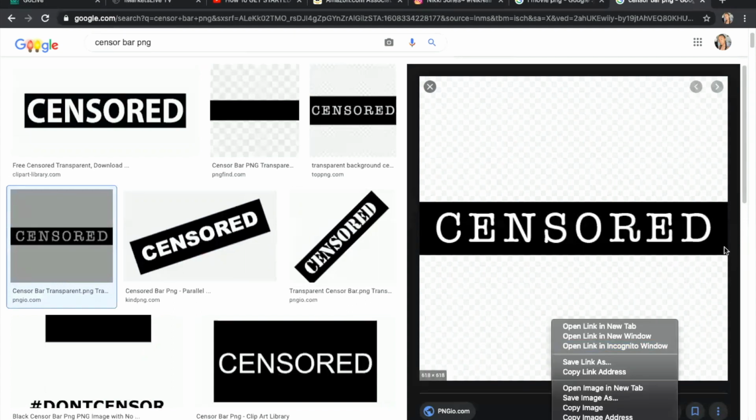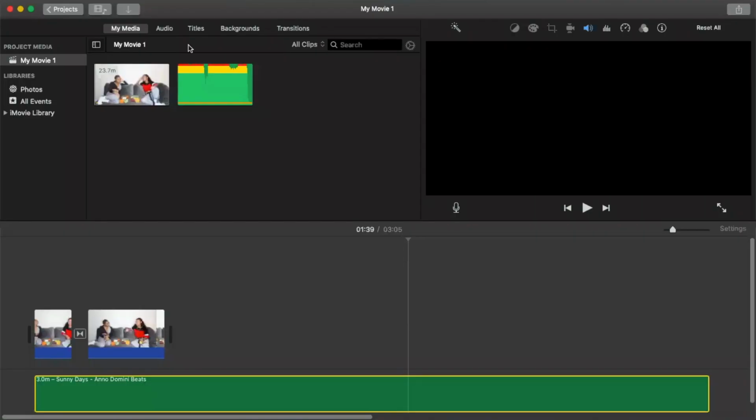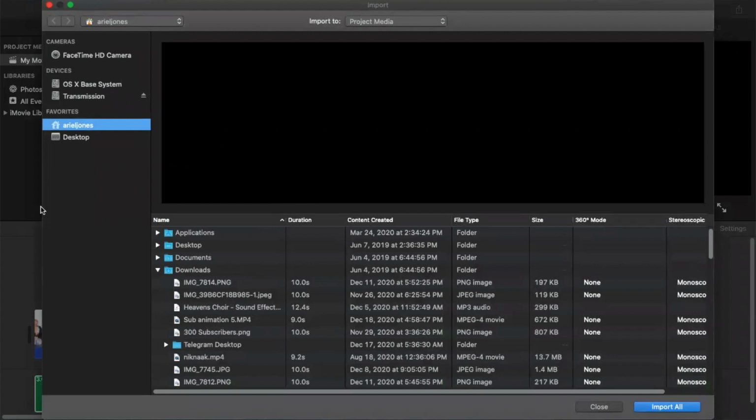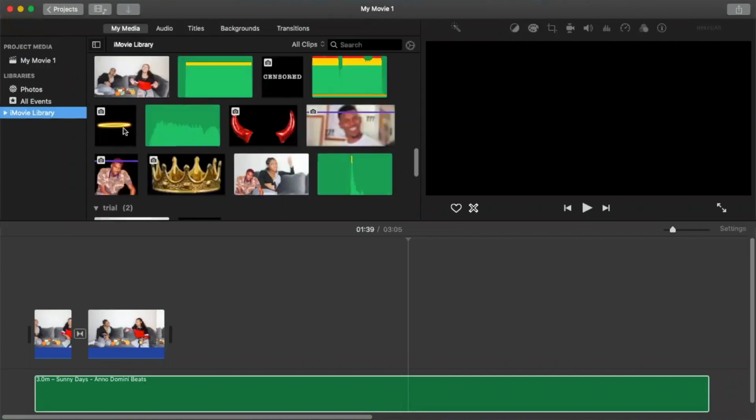From there, you're just going to right click, save image as, and it's going to download to your computer. Once you have it downloaded, we're going to go back to iMovie. You're going to click on media, and you're going to download that image. I already have some PNG images that I'm going to use, but once you have your PNG image, you're going to find it. I'll use this one just for an example. So I'm going to use this halo. It's a PNG image. And what I do is I'm going to click on it,